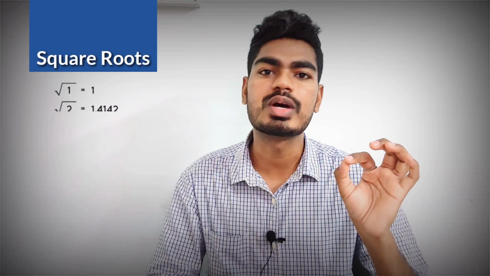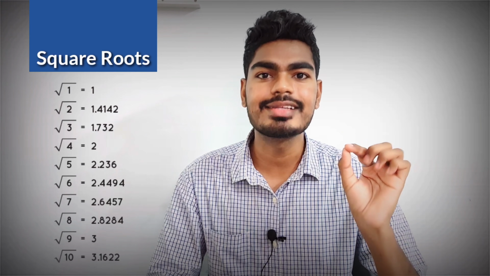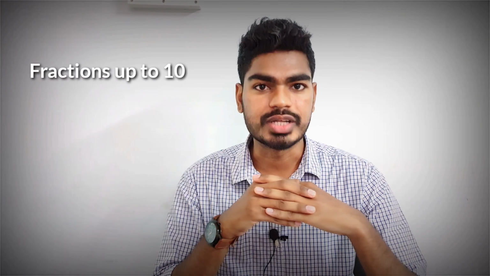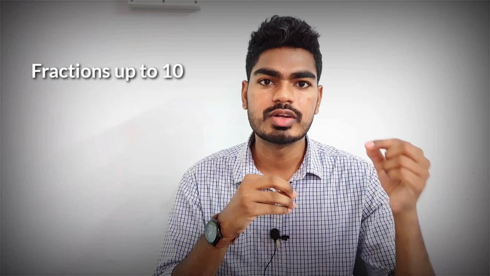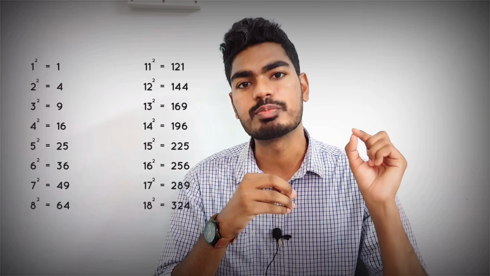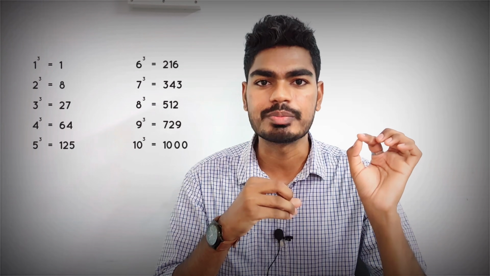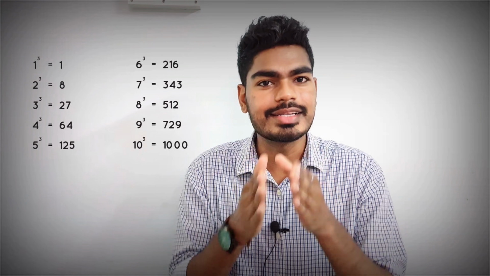Other than this, there are some square roots that you should remember. So right from 1 to 10, all the square roots should be in your mind. At least root 2 and root 3, these two numbers are very important. Then all of the fractions up to 10, like 1 by 2, 1 by 3, 1 by 4, up to 1 by 9, you should remember. All the squares up to 20, you should remember. All the cubes at least up to 10, you should remember. You can increase the values, but at least up to 20 squares and at least up to 10 cubes,